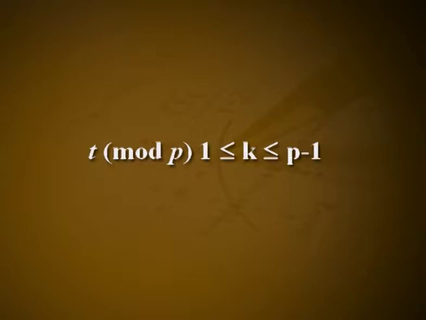Now, let n_t be equal to the number of integers k which have exponent t mod p, 1 less than or equal to k less than or equal to p minus 1. And if there is no integer having exponent t mod p, then n_t is equal to 0. Since each integer k, 1 less than or equal to k less than or equal to p minus 1, has some exponent m mod p such that m divides p minus 1,